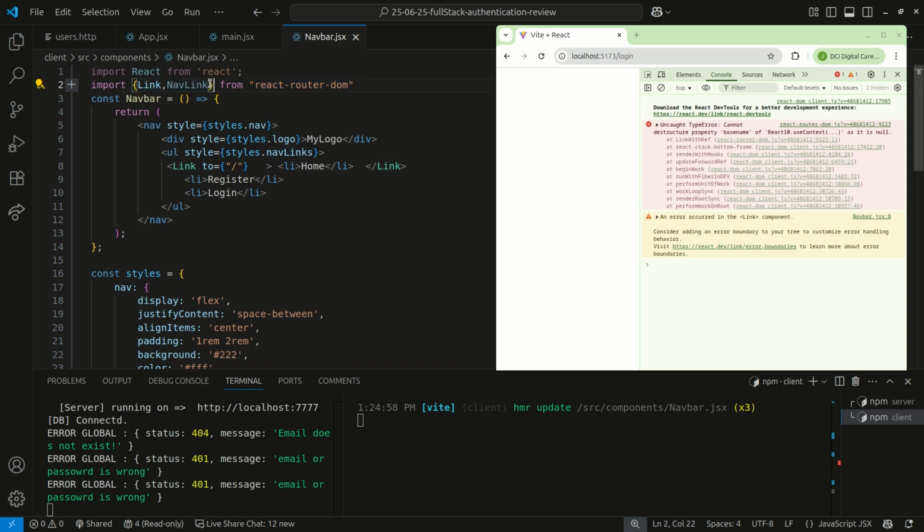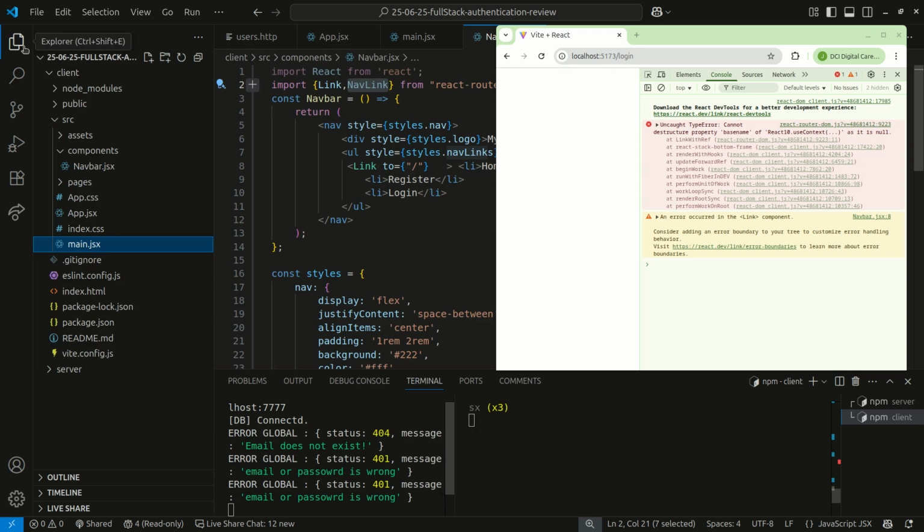And if you remember, the error is not that clear because it has nothing to do with the use context. But if you want to use React Router DOM features, like link or navlink or routes, you need to first wrap the entire application